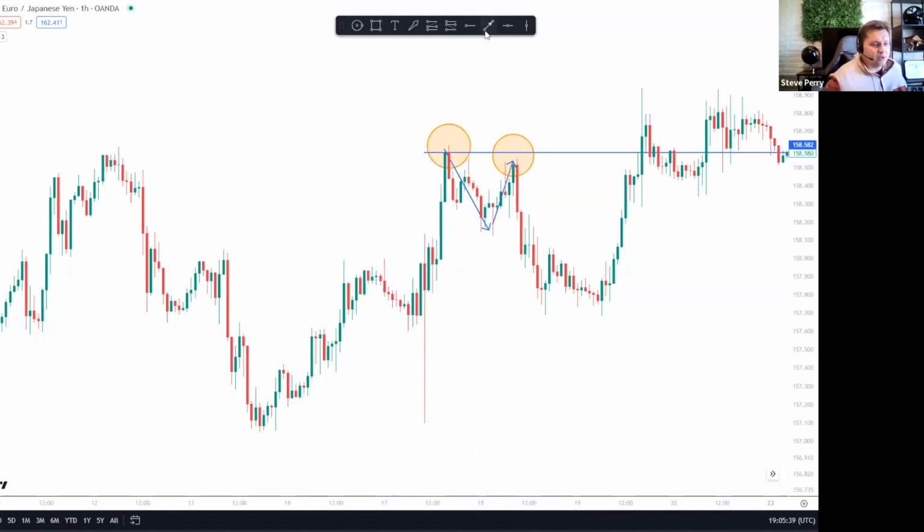top pattern. And typically what you're looking for when you're trading a double top pattern is